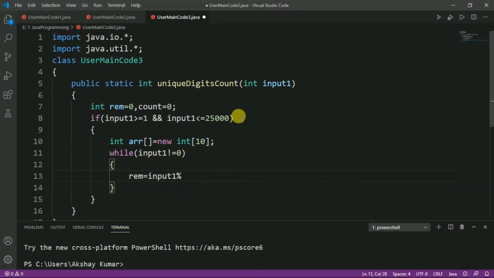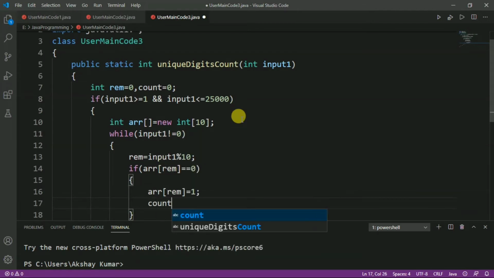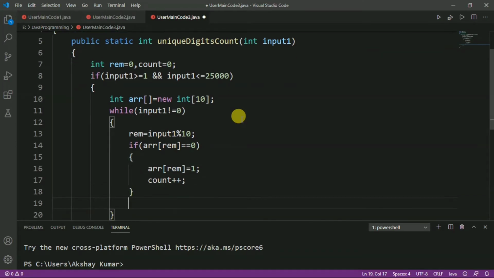After that we take the condition if arr of rem equal to 0, then we perform the operation arr of rem equal to 1, and after that we increment the count.